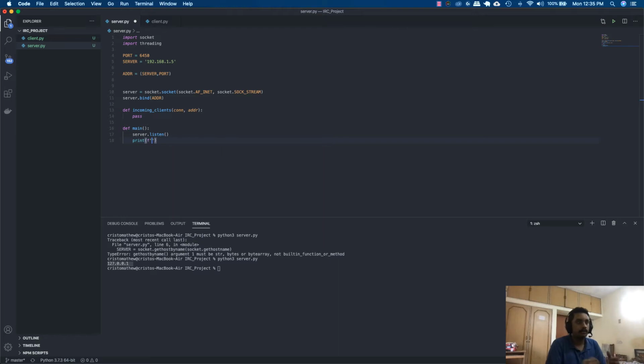And once the main function starts, we'll say our server has started and it is listening on this local IP address. So we'll say server has started listening for clients on our server. Basically, it will say server started listening for clients on 192.168.1.5,